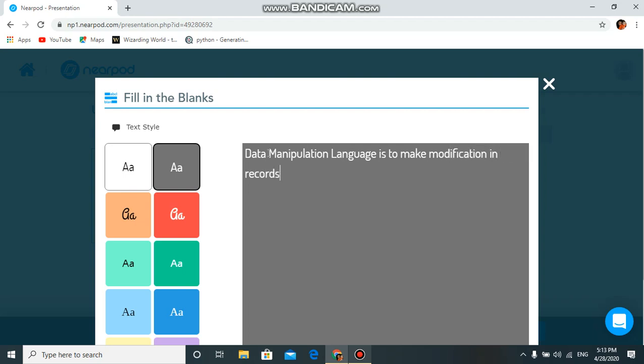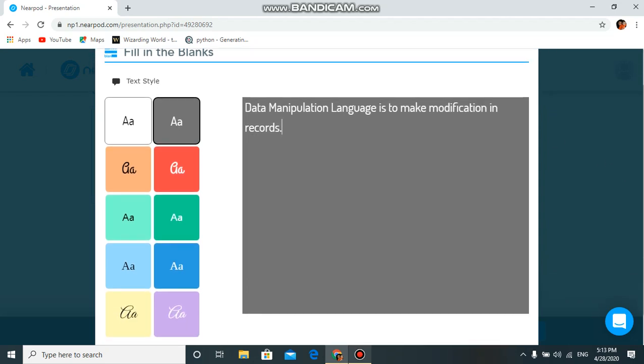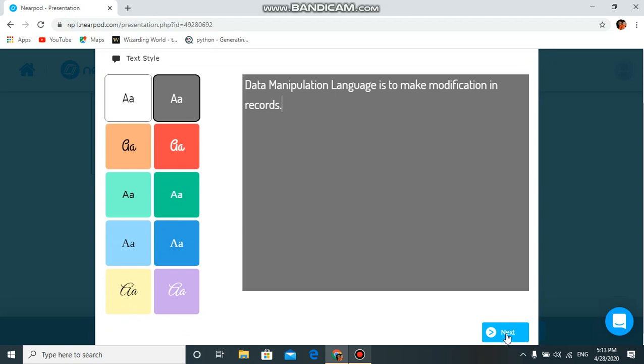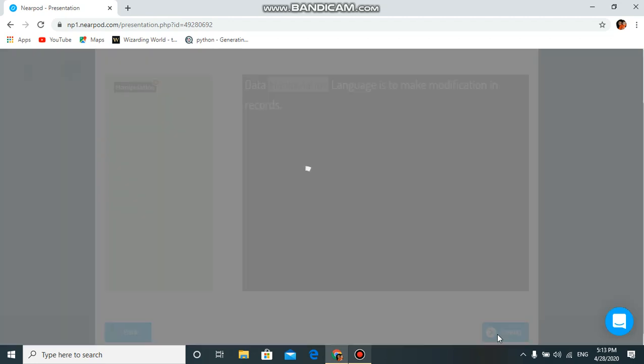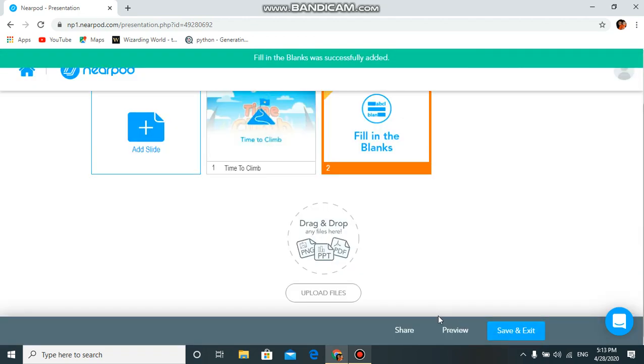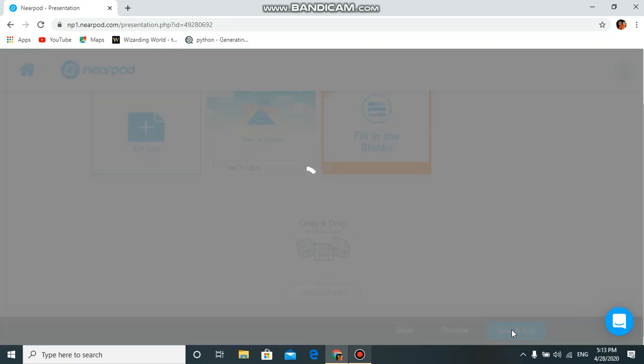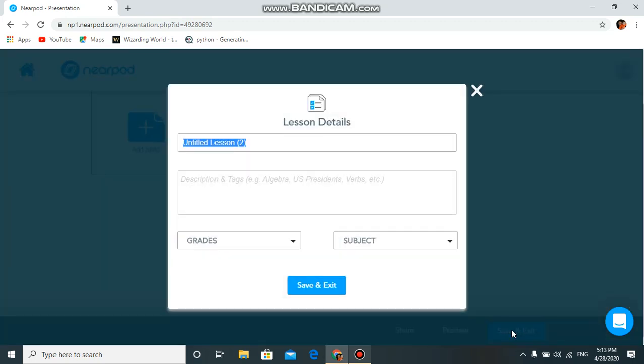So I have given one statement, and when I click on next, it will ask me which word should be for the fill in the blank. Let's suppose that I have clicked on manipulation. It is done. Now I will click on save and exit.